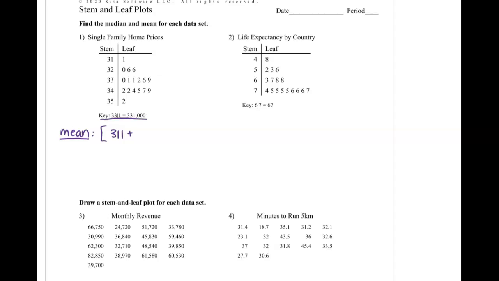311 plus this 320, 320, 326, 326, and there's two 326s, so multiply that by 2. We have 330 plus 331, so this is again the tens, hundreds place. Or I'm sorry, I'm thinking decimals right now. Sorry, guys. Basically, it's 3, 3, and then 1, 3, 3, 1, 3, 3, 2, etc. There's two 331s, and then 332,